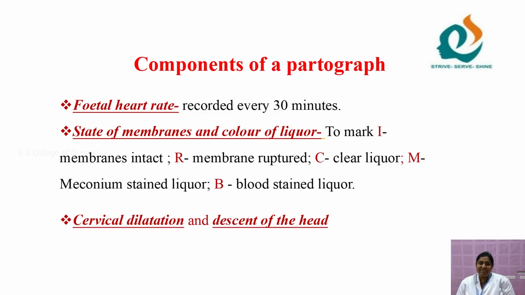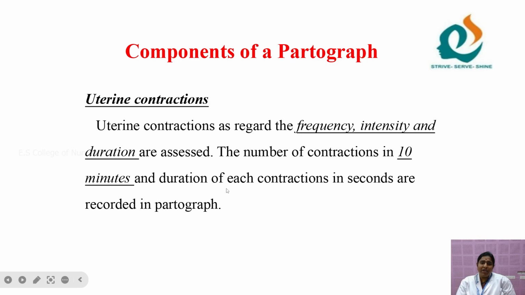And next we move on to cervical dilatation and distance of the head. Already we discussed this in the cervicograph and fetal distance detailing. Then uterine contraction. We know that in the normal labor process, the cervix is dilated with the help of uterine contraction only, where the fundus is contracting so that the lower uterine segment dilates. The thickness and density of the fundus increase because of uterine contraction, whereas the lower segment becomes thinner and dilatation happens. So uterine contraction is an important one in the labor process, and it has to be recorded whether the uterine contraction is adequate or not.